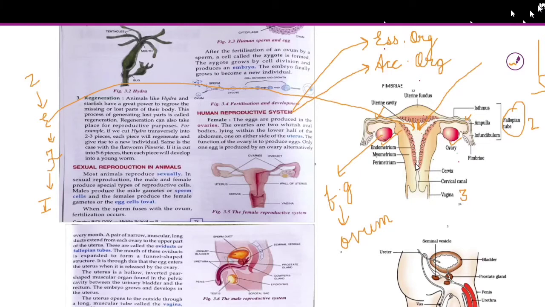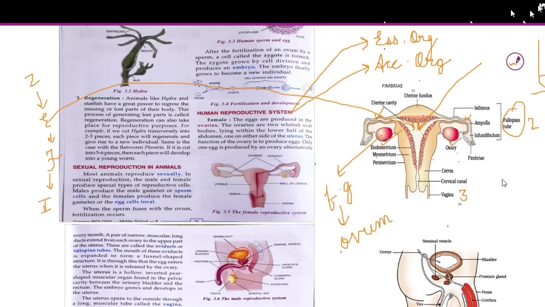Okay, after every 28 days, that is called the menstrual cycle. This is the endometrium layer, whose tissues undergo damage, injury, whatever you say, and the female reproductive system undergoes the menstrual phase. Again, that is a detailed topic we will do in a separate class, children.